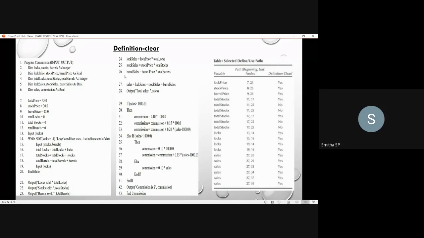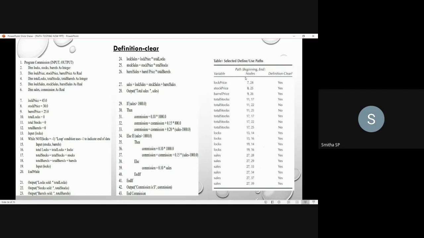Next thing is definition clear. So what is a definition clear? Here you have nothing to do. Just whatever numbering you give for each and every line in the program, in that, the variables you have identified for the definition usage nodes. Only those defined variables you have to put in one column, the variable column, and the second column is the path. So the heading here is definition clear.